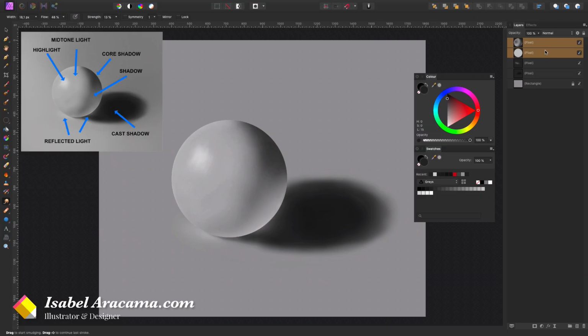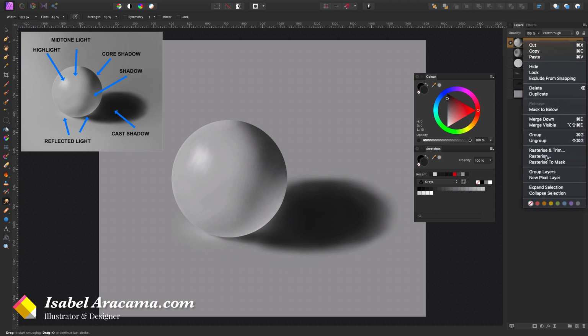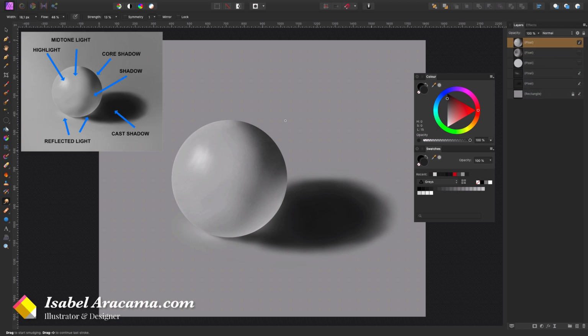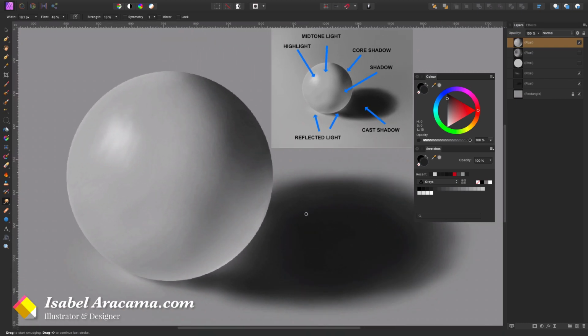Just in case I'm going to make a copy, and I'm going to hide these two. I'll just leave them there, for safety. And I'm going to group these two and rasterize them. And now I'm going to work with the smudge tool here, with it really down in strength.